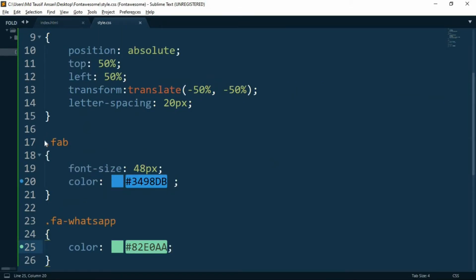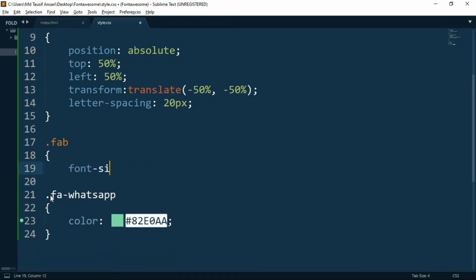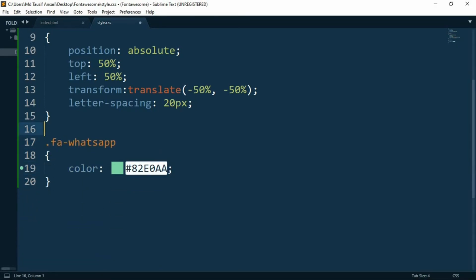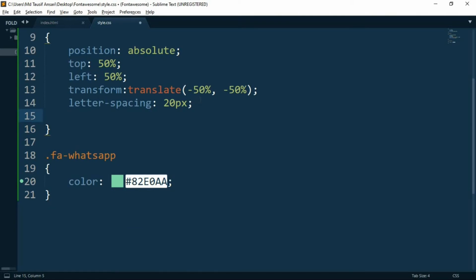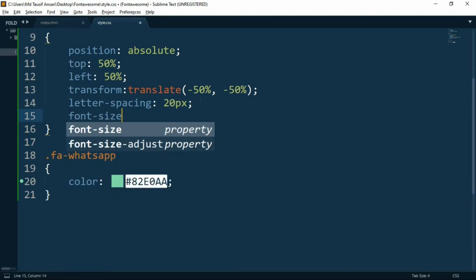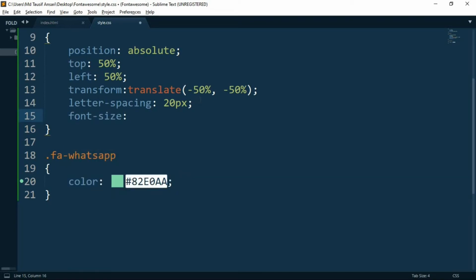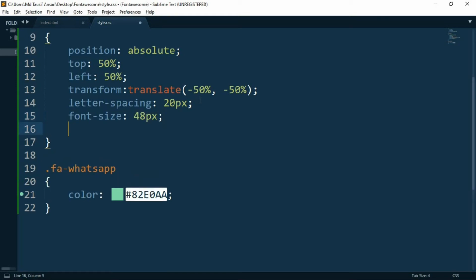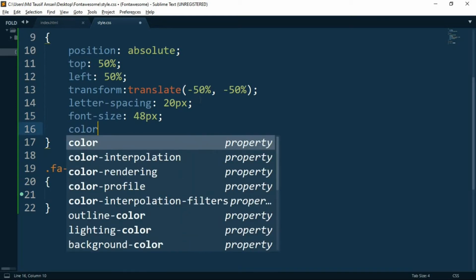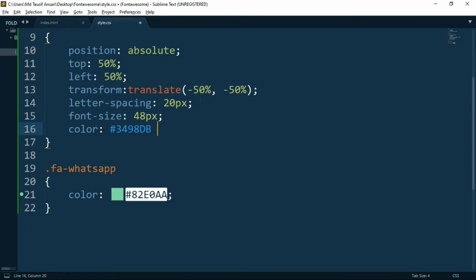What we can do is let's shorten this. First, let's copy this color, as it is going to be useful for us. Just delete this. This was just for explanation, and give it a font size of, let's say, 48 pixel, and the color that we copied.